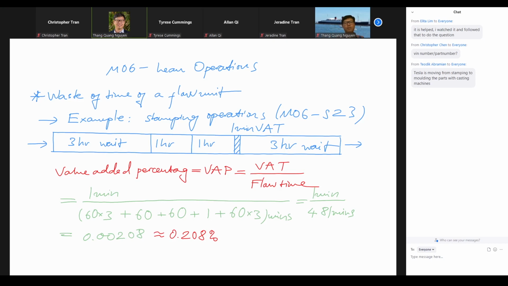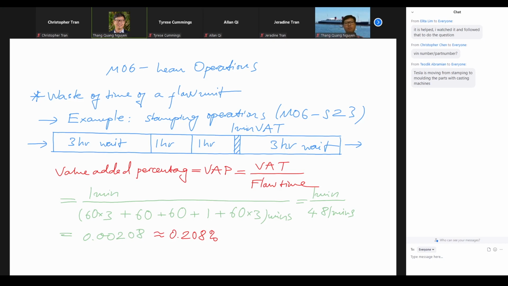Sometimes the cars move slowly enough for the workers to walk with the car to put in the mirrors, for example. If it is not that hard, the worker can even walk with the cars and work on the cars, right? By doing that, we can cut down the wait time